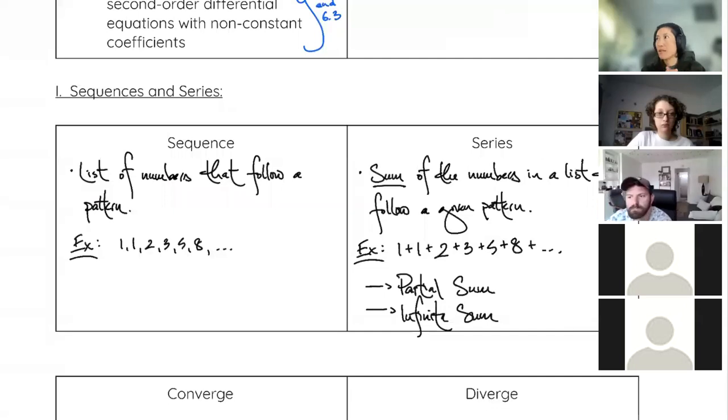Yeah, and I would agree that we're not going to get a numerical value because we're just going to keep adding bigger and bigger numbers, and so it's going to end up being infinite. Okay, but there are some series out there where if you add the numbers and you keep adding and you add every single number in the entire series, it actually does get to a single value. Okay,